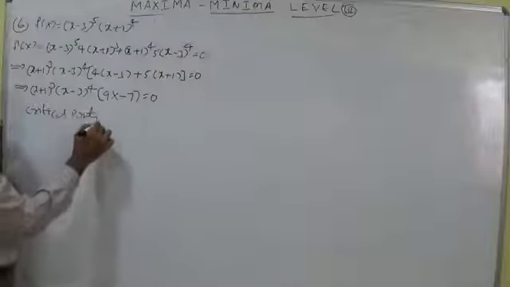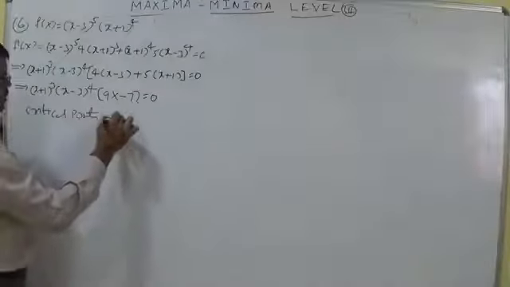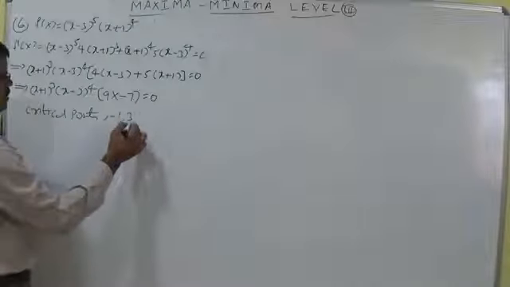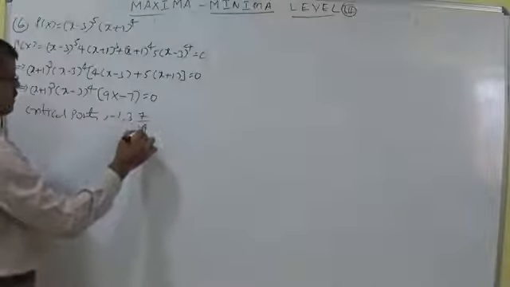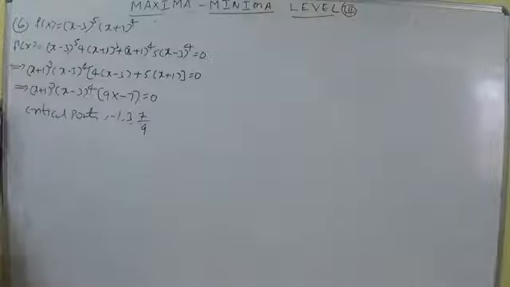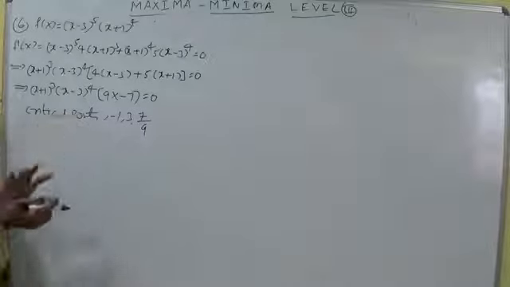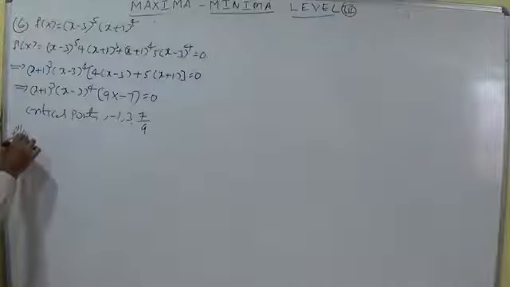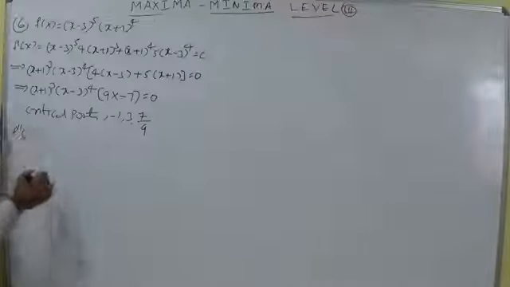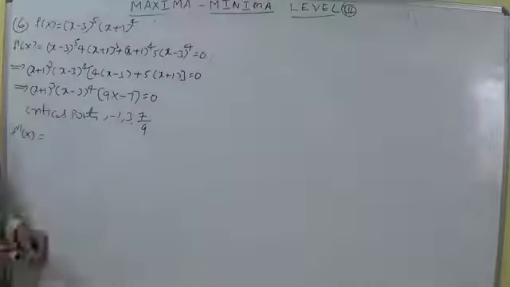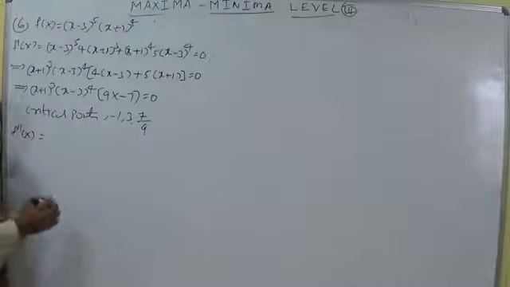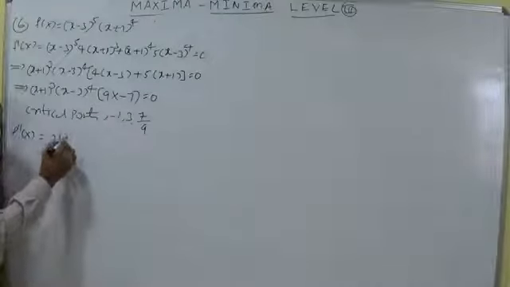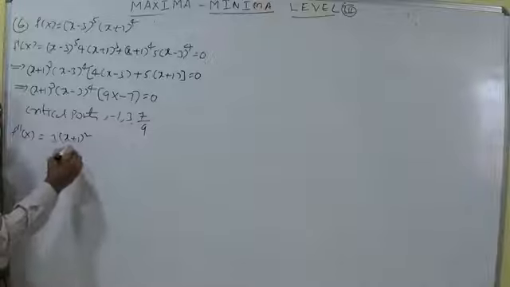Critical points or stationary points are -1, 3, 7/9. Let us discuss f''(x) also. Using the uvw method, f''(x) is u'vw plus uv'w plus uvw'. Here I am writing 3(x+1)^2